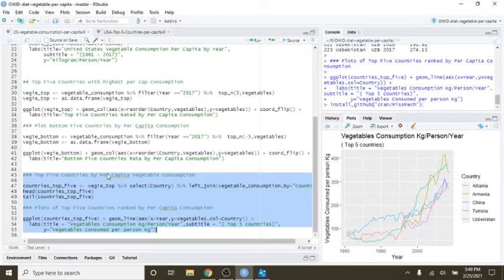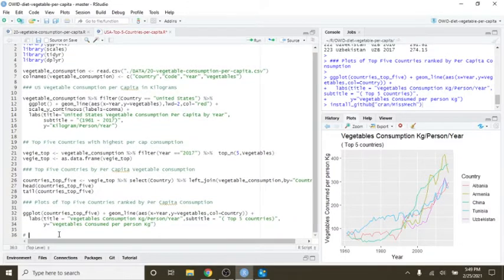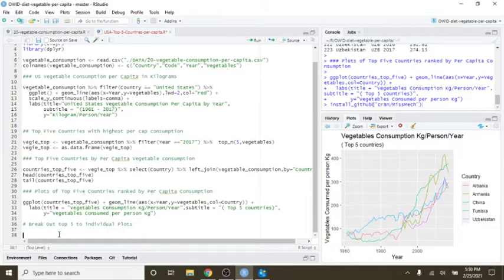Now, is there anything else we want to do here? Is there another plot that we want to do? Let's just do one more. Let's just break to visual plots. Okay. Okay, so we got these numbers here. So the ggplot